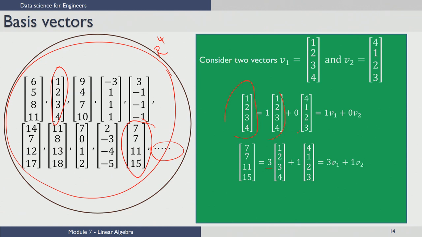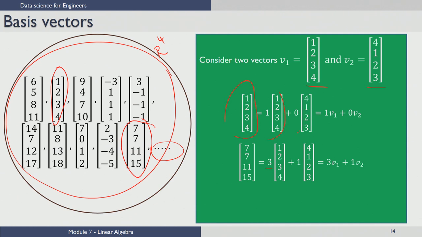Now, you could do this exercise for each one of these vectors, and because of the way we have constructed these vectors, you will be able to see that each one of these vectors I can write as a linear combination of v1 and v2. So, what this basically says is the following. It says that though I have 4 components in each of these vectors, that is, all of these vectors are in R4,